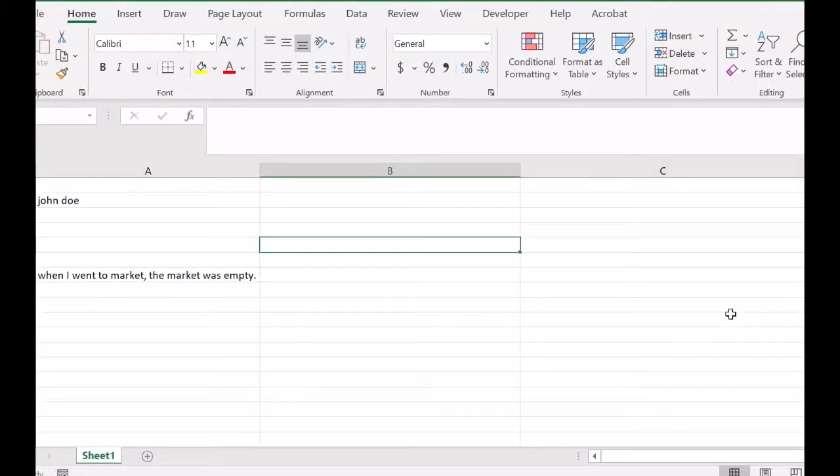Unlike a Word document, in Excel there is no default option to change case. But there are simple formulas to change case in Excel. So to change case in these two